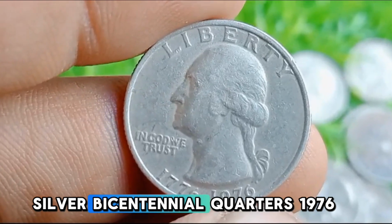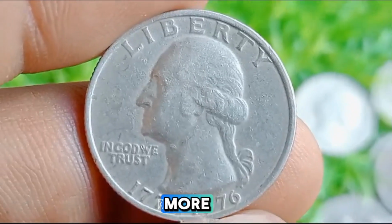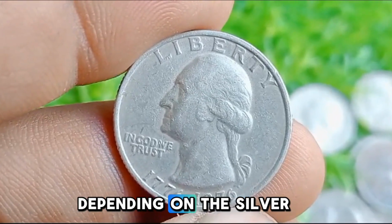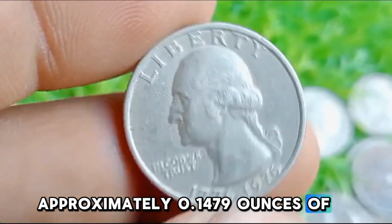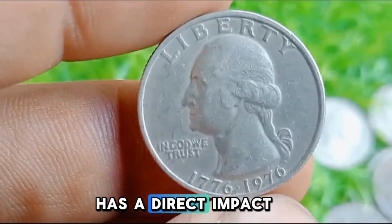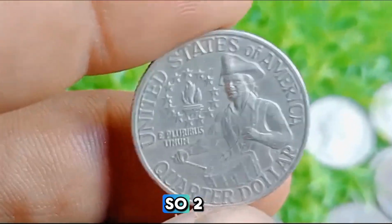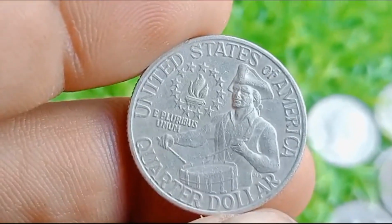Silver bicentennial quarters, 1976. These coins are worth more, often ranging from $5 to $10 or more, depending on the silver content, approximately 0.179 ounces of silver, and the condition of the coin. The price of silver has a direct impact on the value of these quarters, so when silver prices rise, so too does the value of the 40% silver bicentennial quarter. For most,